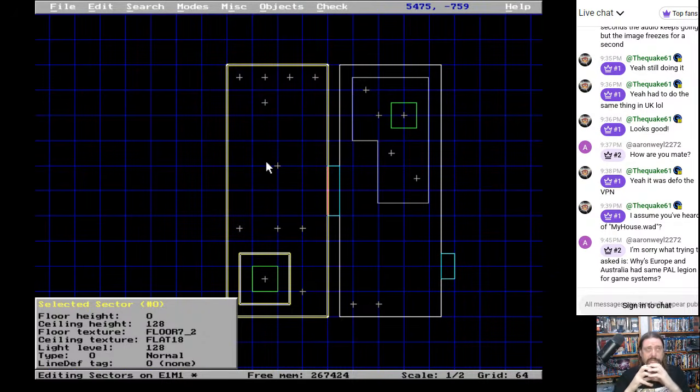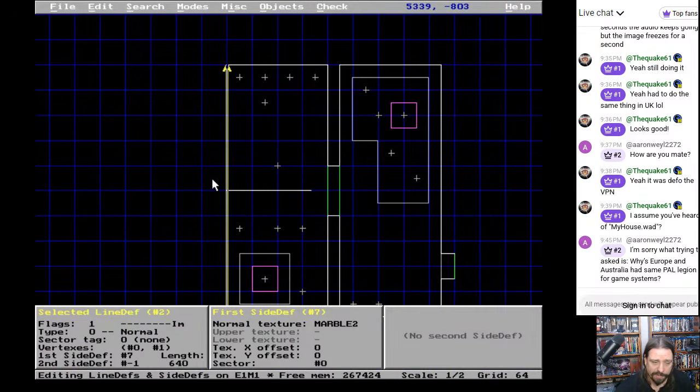When you've got a sector, that's like a 3D room with a floor texture, a ceiling texture, 4 walls, and you can set those properties. How high is the floor? How high is the roof? What's the floor look like? What's the ceiling look like? What do the walls look like? For example, see here, you can see that